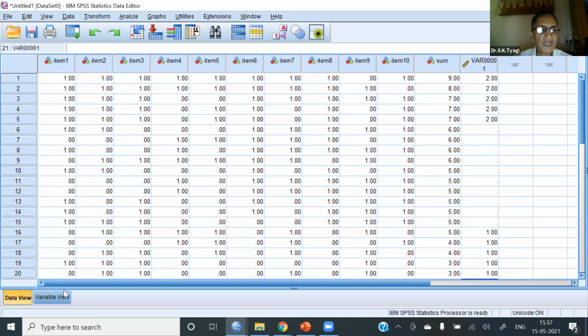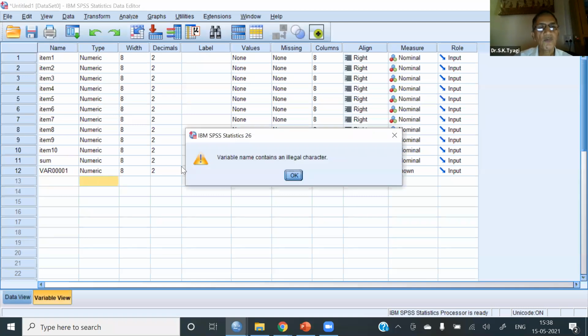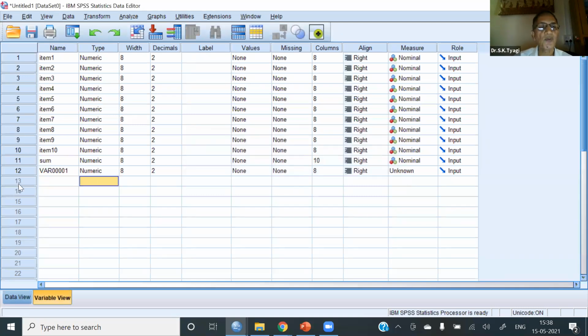Now just name them. Name this variable ability group. What I did, I gave a space between ability and group. It does not accept the space.